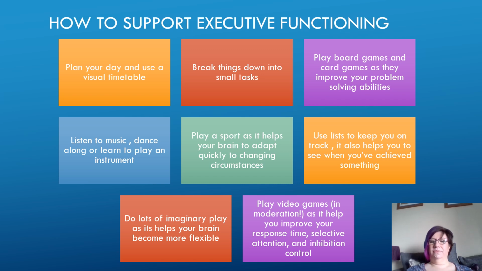Okay, so how can you support your child to improve their executive functioning? Because it is possible, and it is manageable, and it doesn't have to be overwhelming. So plan, and plan some more. Use a visual timetable if you need to. Use a blackboard, use a whiteboard, have things up where a child knows where they're supposed to be, when they're supposed to be, how they're going to do it. Use things like a now and next board where you're planning the day down into small chunks. It can be really useful. Break things down into small tasks.